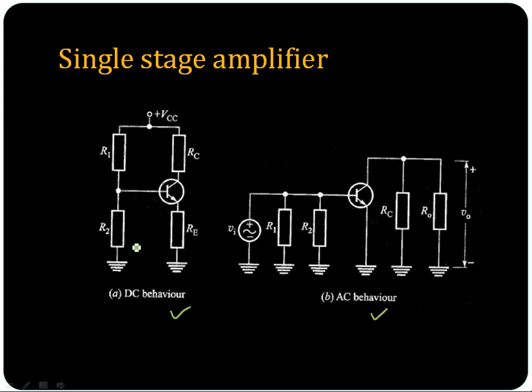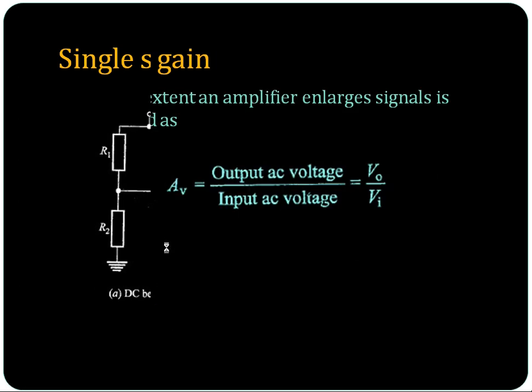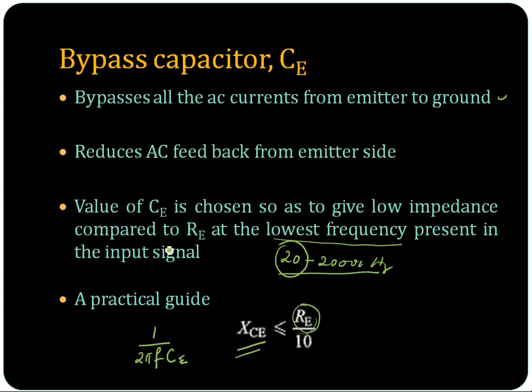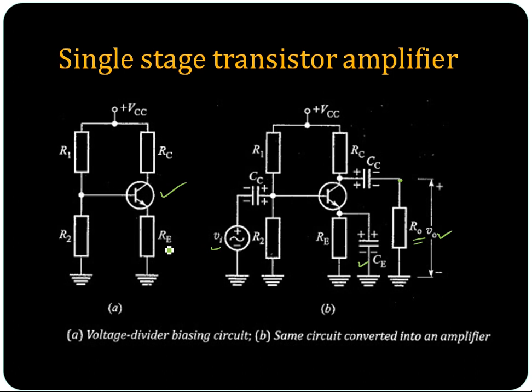We have already discussed the DC behavior when we discussed the biasing circuit. So for the DC equivalent circuit, you don't show the input signal and the input capacitors. You consider the input capacitors to be open when you are considering the DC part, isn't it? And this is the DC behavior equivalent. But for the same circuit, the circuit which I showed here, this particular circuit B, when you do the AC analysis, what has to be done?